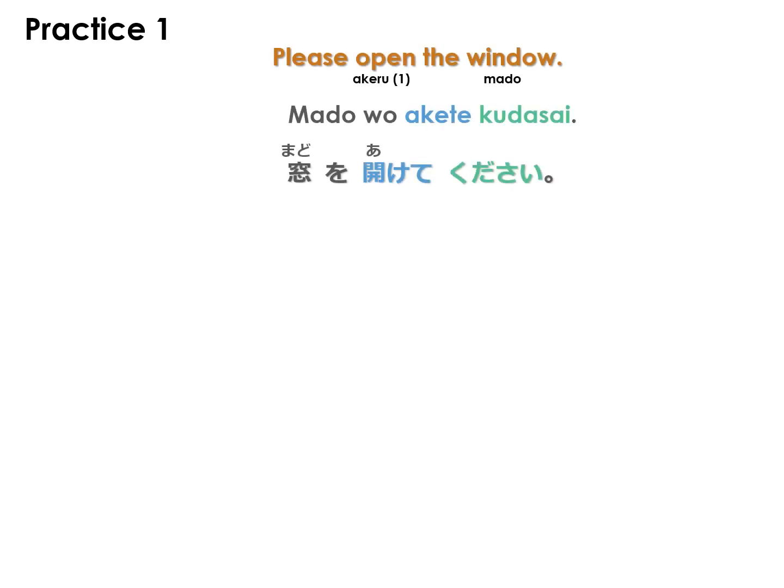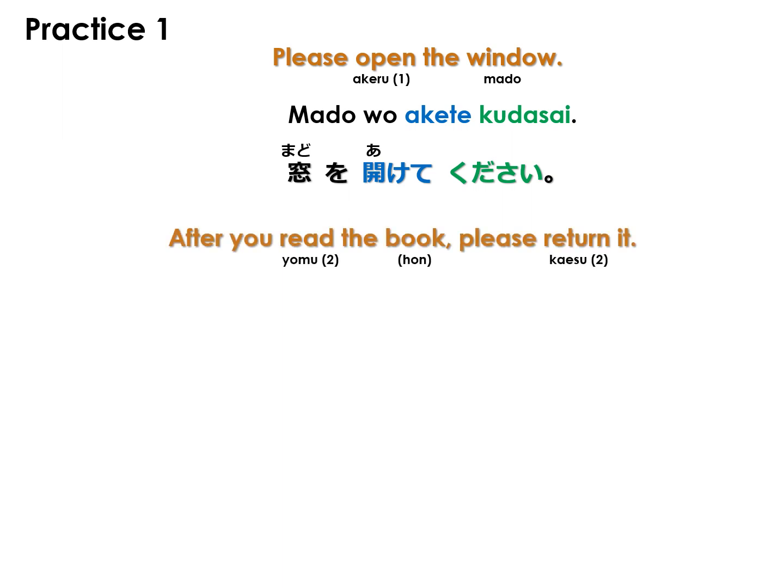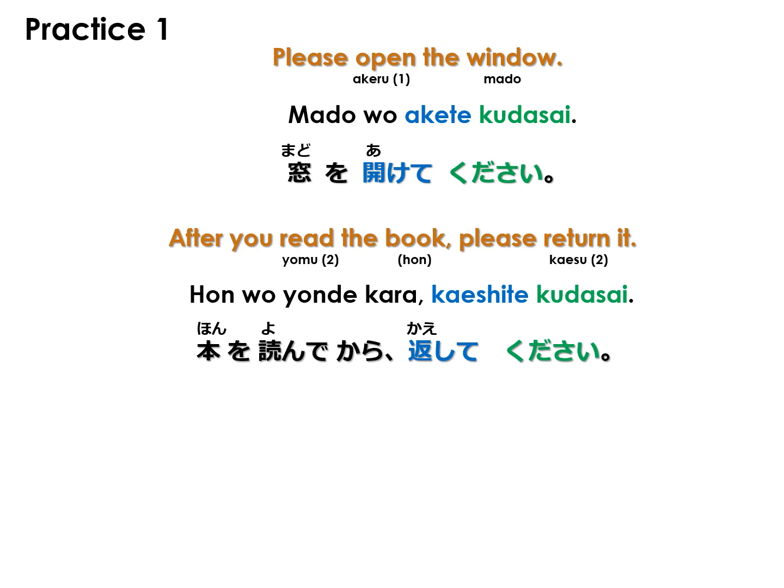Let's practice what we learned by translating these sentences into Japanese. The Japanese translation of individual words is written for you directly underneath the word, so it should be easy for you to form the Japanese sentence if you know how to conjugate the verb and use the right particles. Please open the window. In Japanese, 窓を開けてください。After you read the book, please return it. 本を読んでから返してください。